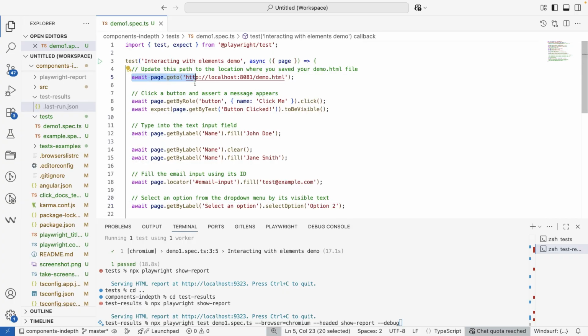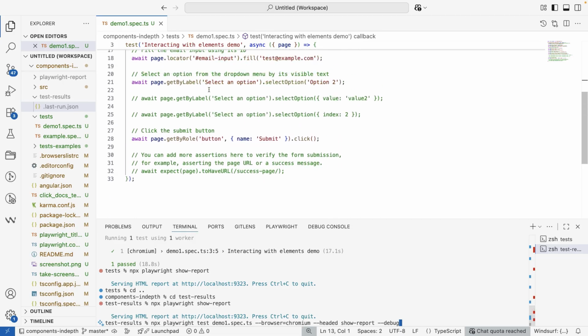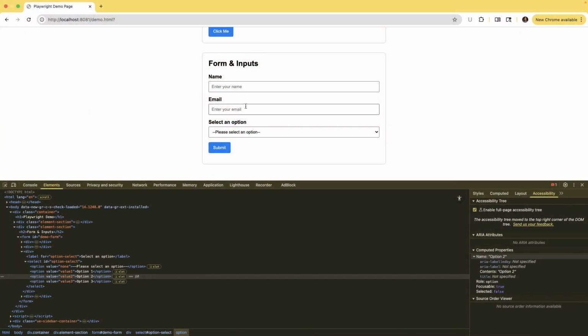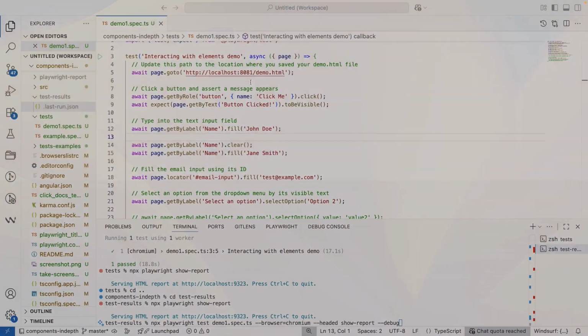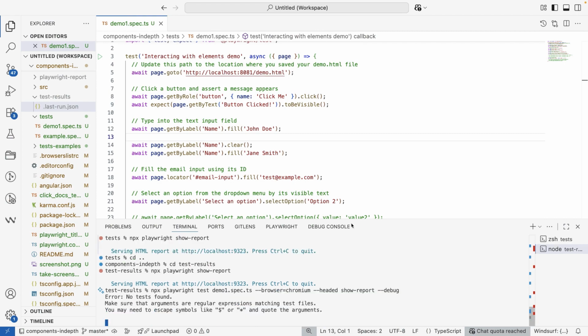So I can show you how the script runs and executes line by line and see the actual operation. Why I am using debug is, if I don't have debug, it's going to run this test pretty fast, and we cannot see the step-by-step action that the script is going to make to interact on this page. So let's run this command, and you will see